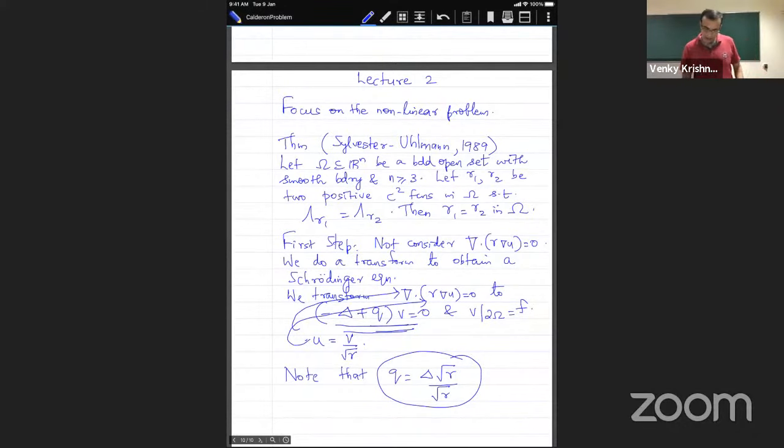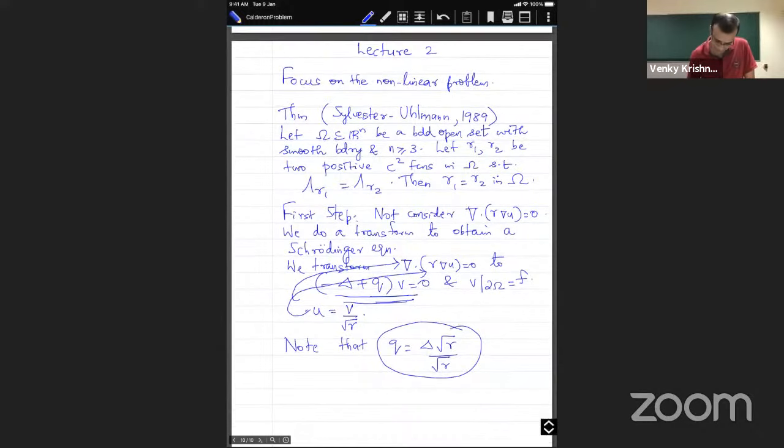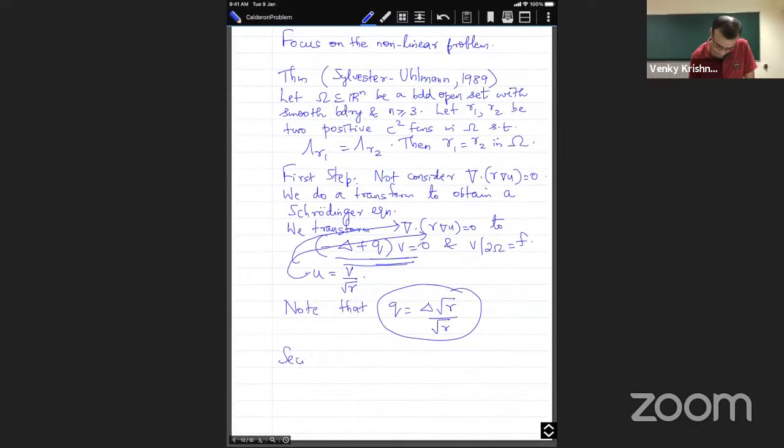Okay. And so therefore, what we have done is we have transformed the conductivity equation to a perturbation of the Laplacian. And I'll explain in just a second why this is important. But what we also want to do is relate. So what is the information that... this is the first step, right? So now the second step